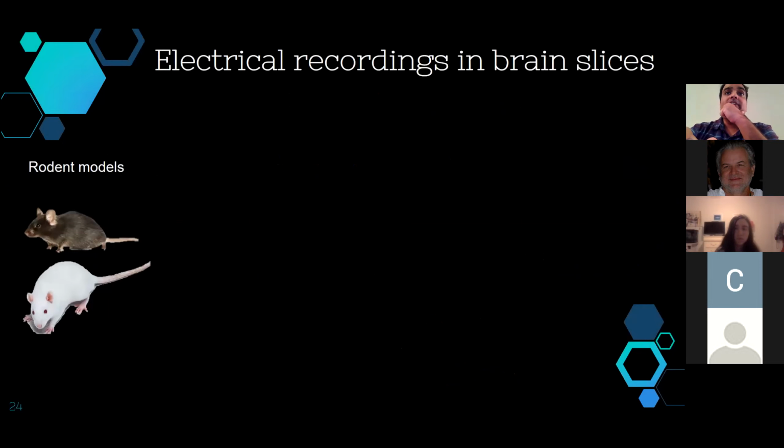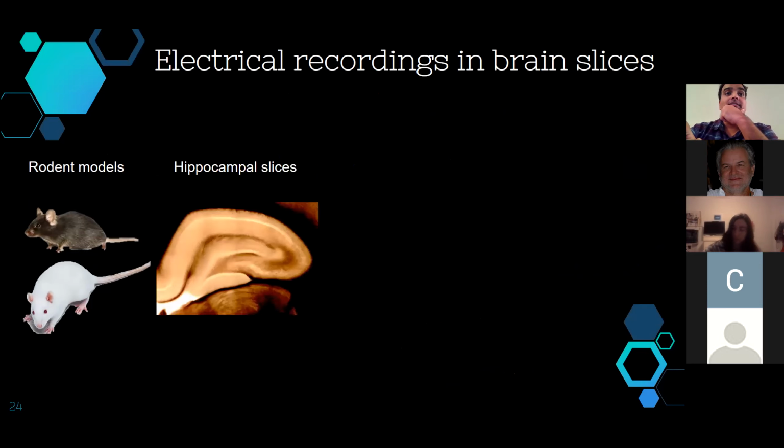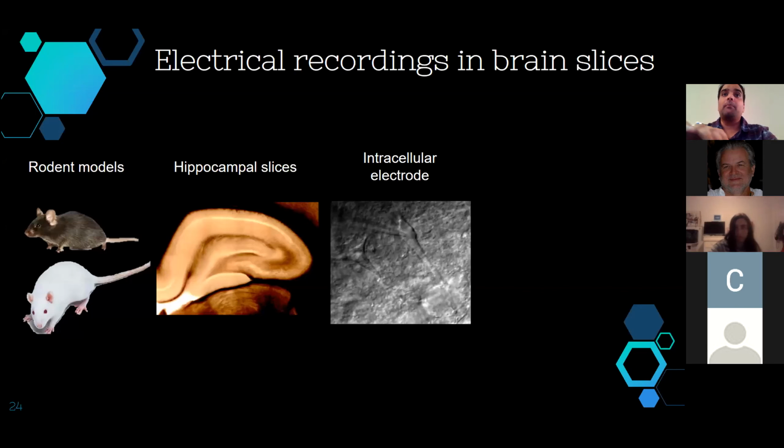And today we can do electrical recordings in brain slices. More commonly in our labs, we use rodent models, mice or rats, and we make different brain sections. This is an example of a hippocampal section. It's a coronal section, a very thin section. And if you zoom in using a microscope,